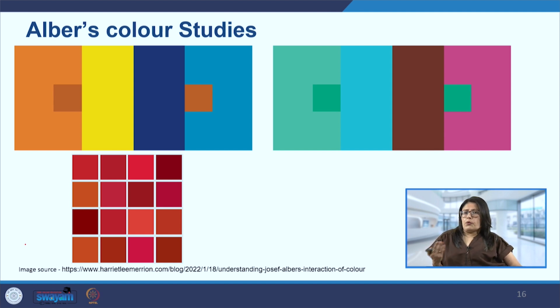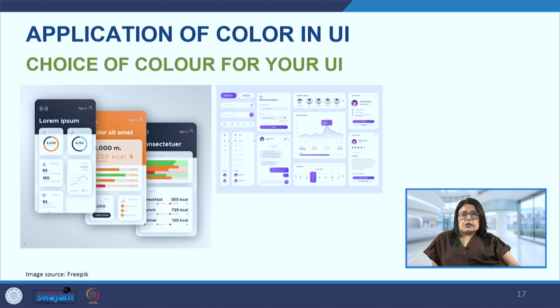If you notice any websites or applications, you will see that a certain color family is used when we are designing the website or the application. So we don't use one color. Of course, a monochromatic theme can be used, but we don't use one hue of color in the entire page. That very rarely happens.